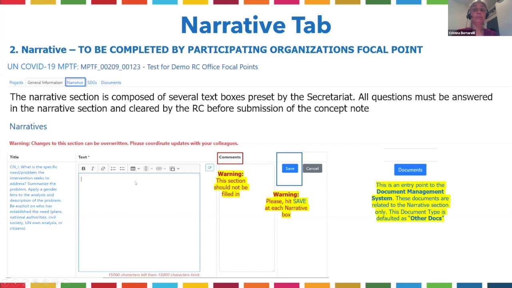So bottom line, if you have a complicated matrix that you feel gives additional value to the narrative that you are preparing, feel free to upload it here and make it a reference in the abstract, so you can make sure that the reviewer can link the document that is uploaded in this section, and complement the information that was included there.